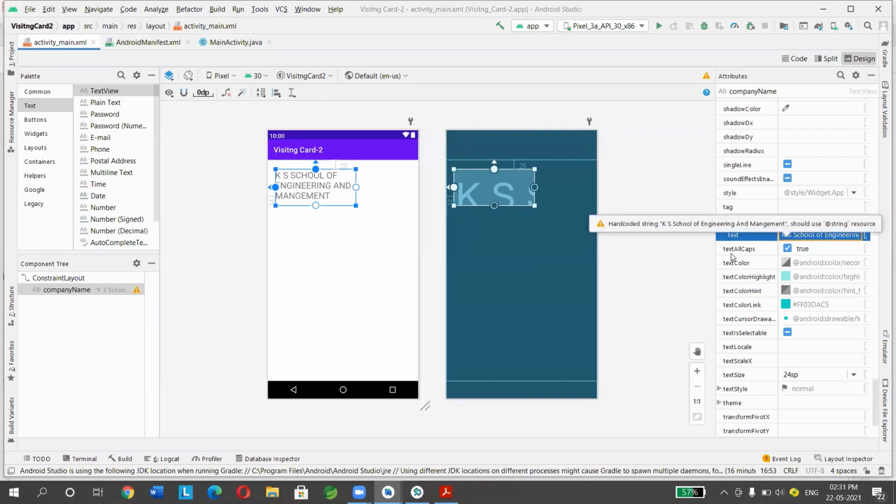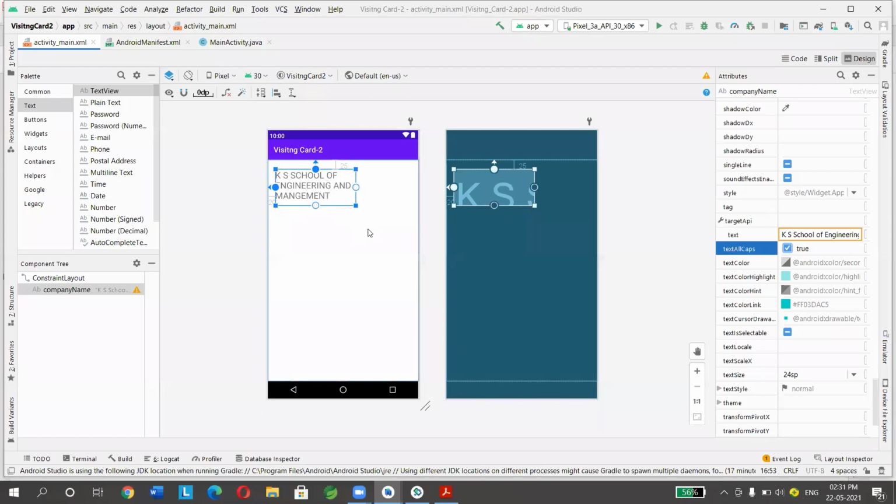Under that we have text all caps. Before it was false. Can you see here? If false, it will show as it is. Now if you want to convert this to capital letters, just select this and set this to true. Now it's converted into capital letters.